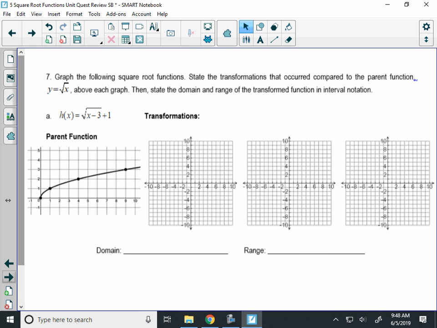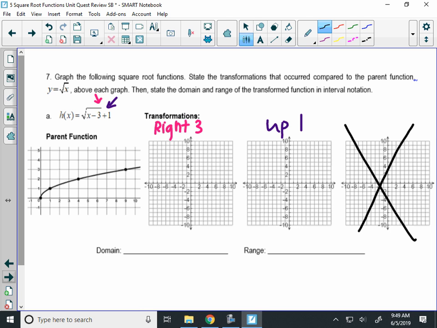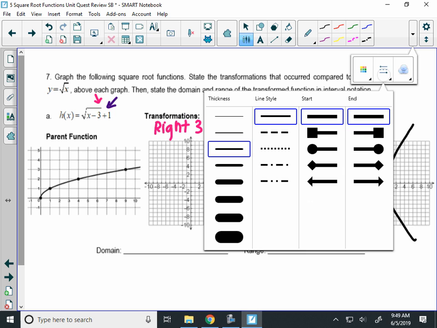Number 7, multi-step graphing. All right, I have a parent function, transformations here. So I look at my graph. The minus 3 on the inside means that my graph is going to move right 3. And then the plus 1 means that my graph moves up 1. This only has 2 transformations, so I don't need the third graph. All right, now moving to the right